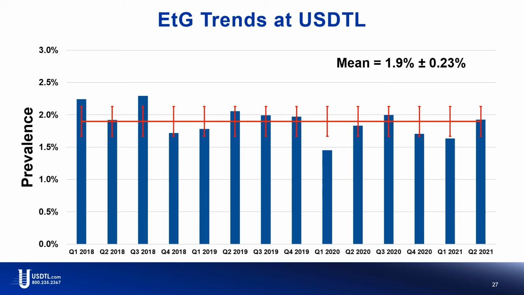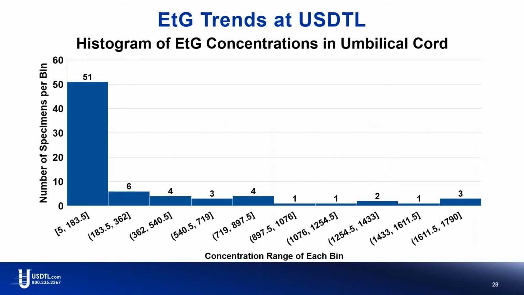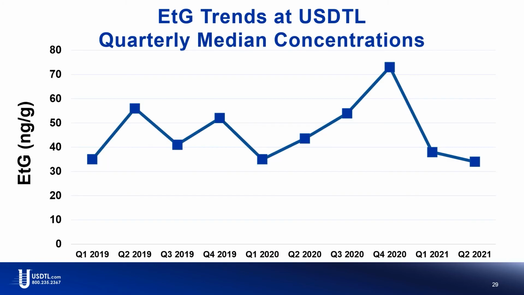If we look at a breakdown of the concentrations of EtG in umbilical cord, we see that the vast majority of these specimens are between 5 nanograms per gram and up to 183 nanograms per gram. And then we can see a long tail of outliers of very elevated results following that primary group. So one of the questions that typically comes up is, have we seen any effects of COVID